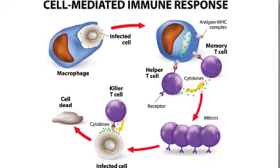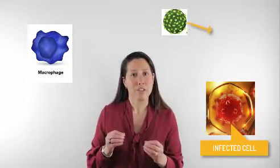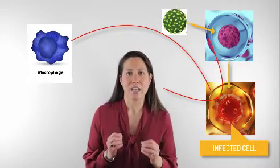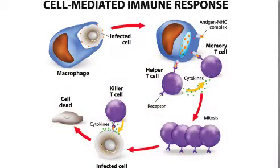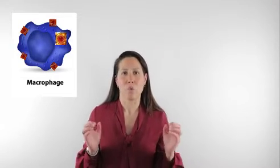Now, there's a certain type of white blood cell called a macrophage. And what a macrophage will do is it'll circulate throughout the body, and it is looking for things that shouldn't be there, like infectious agents. So if it sees an infected cell, because that's what happens with a virus, a virus will go into a healthy human cell and infect that cell. Now, when the macrophage sees this infected cell, what it does is it eats it. So it's kind of like a Pac-Man. So it eats that infected cell, and then it takes particles of the virus and puts them on the surface of the cell into these cell receptors. And so now it is alerting the immune system